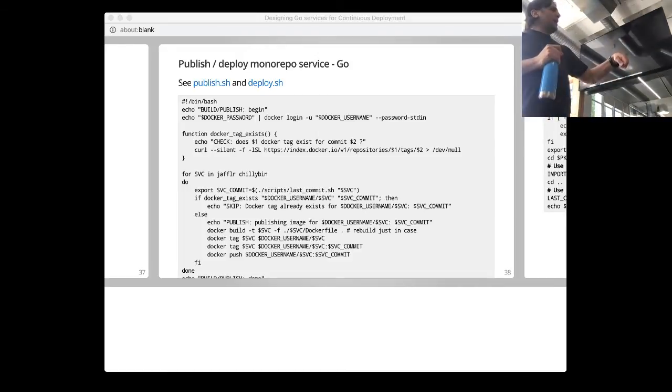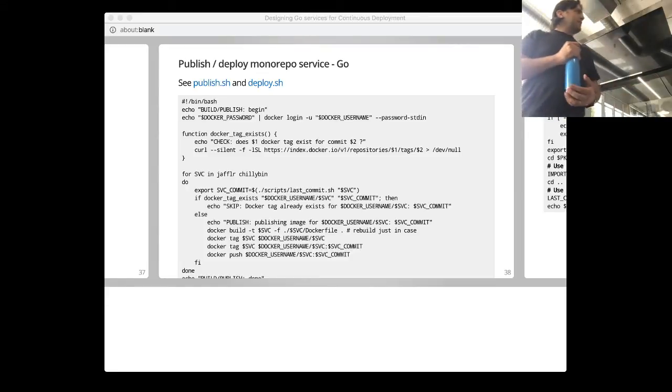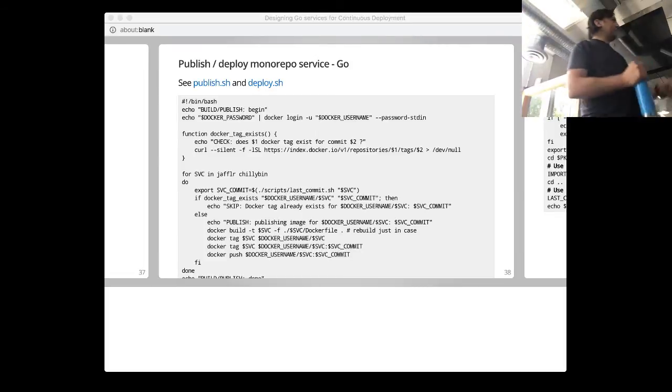And this is run by Travis every time. So this is published, so it's run on every build. And so for every service in our repo, it's going to find what is the last commit that affected that service. And then it's going to use that commit hash as a tag on the artifact. So what that means is